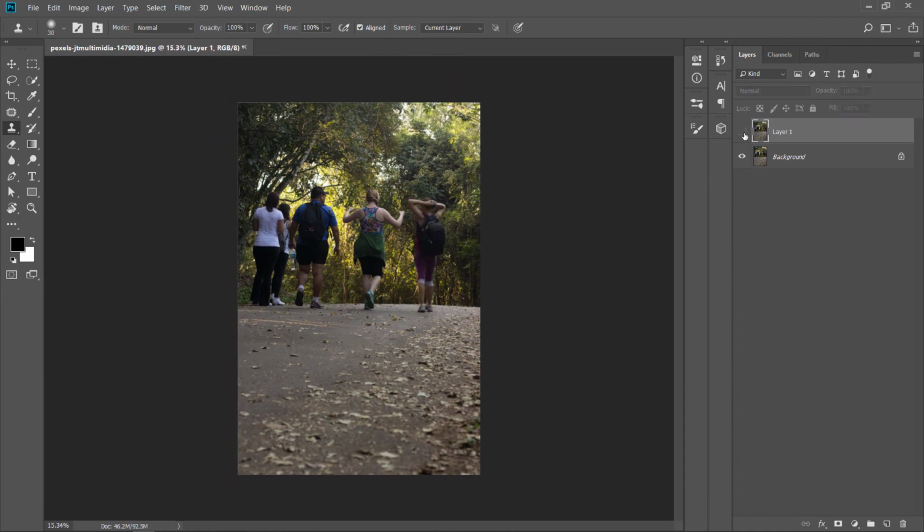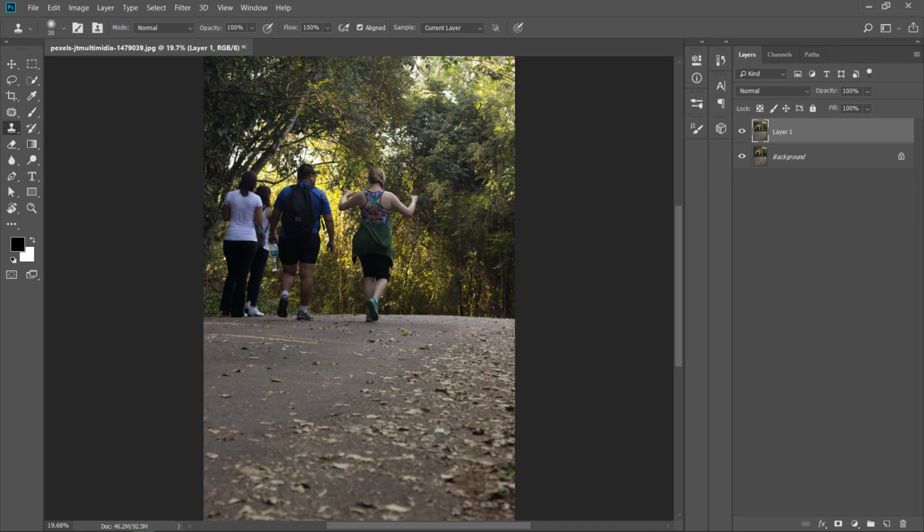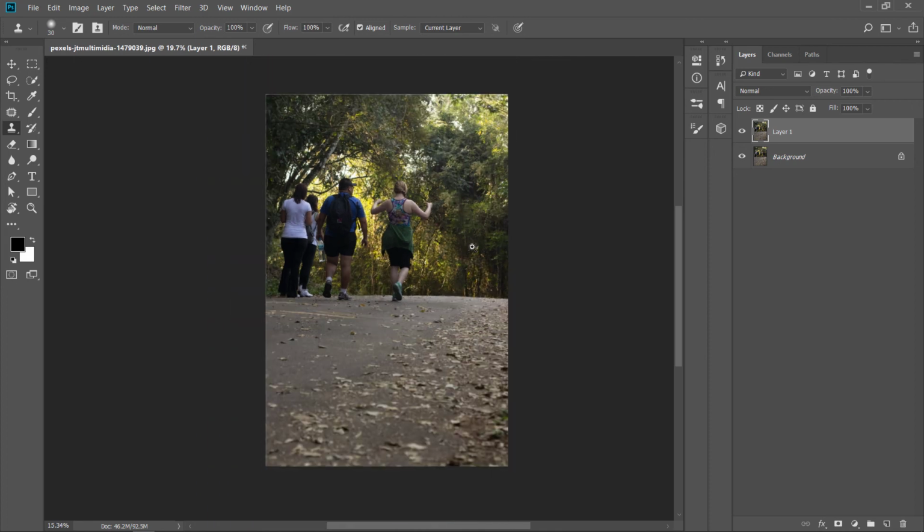So here you can see before and after. You can also remove this girl if you want, and the group of these people if you want, with the same method.